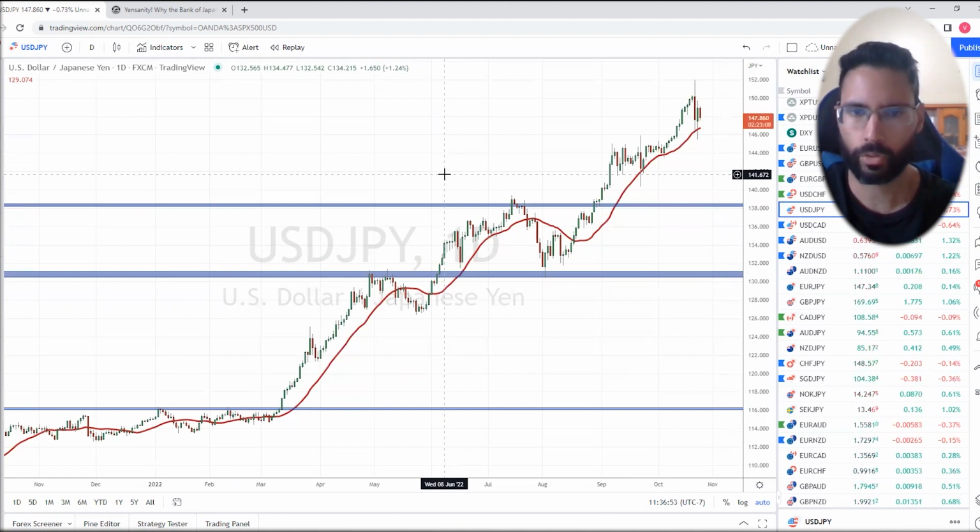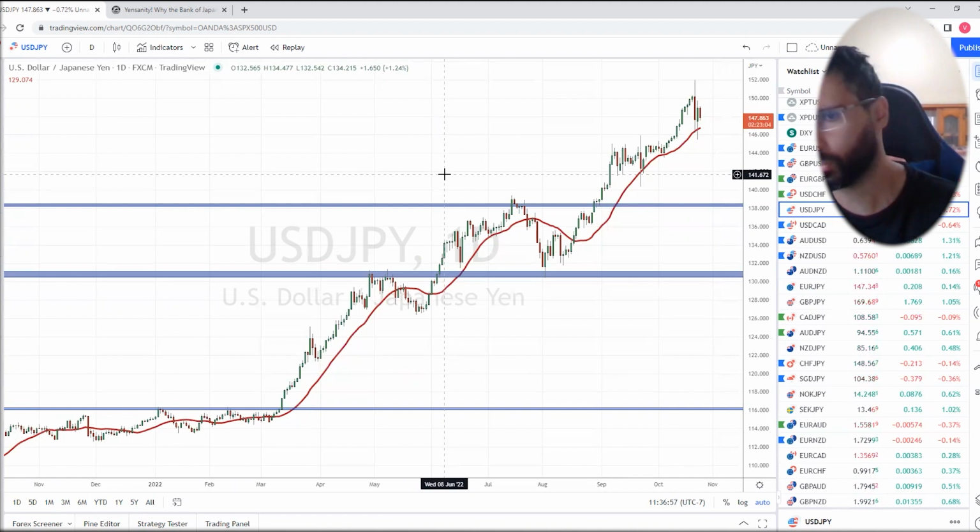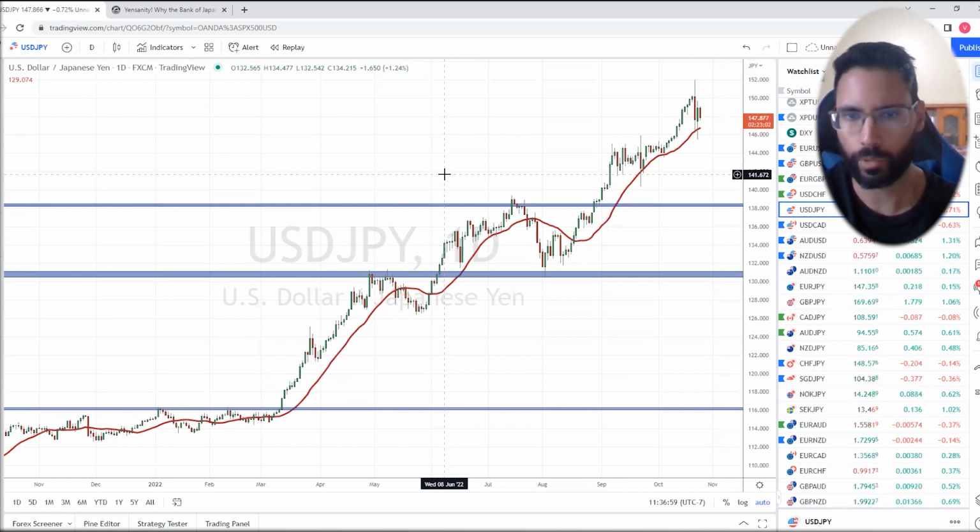But most Western central banks, Bank of New Zealand, Australia, Canada, heck, even South Korea, to be honest, the Fed, they're all raising interest rates. Meanwhile, the Bank of Japan has kept rates at negative 0.1%. And even the European Central Bank, who have been negative, even the Swiss, who have been negative, are now back into positive rate territory. But the Bank of Japan is holding firm at negative